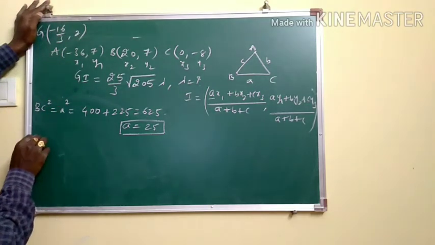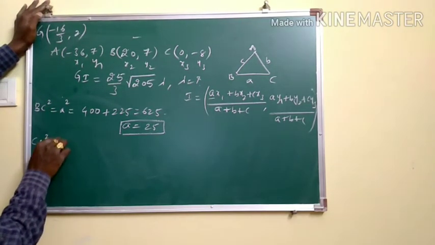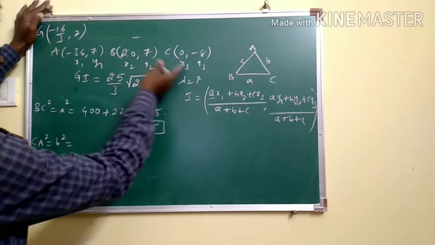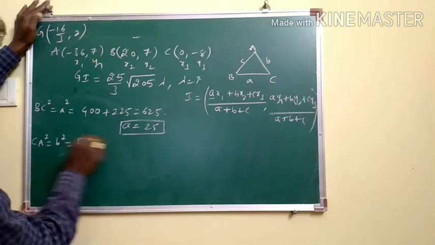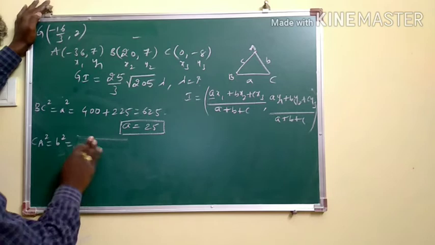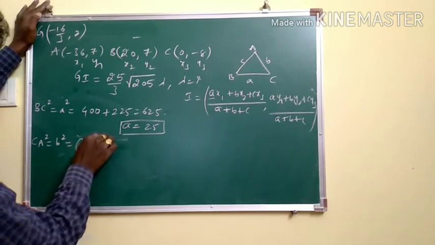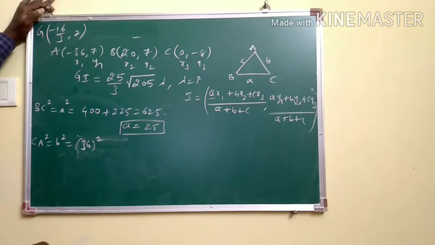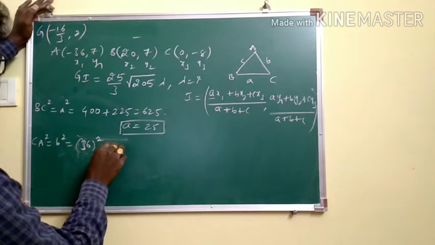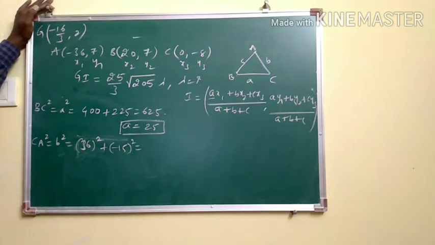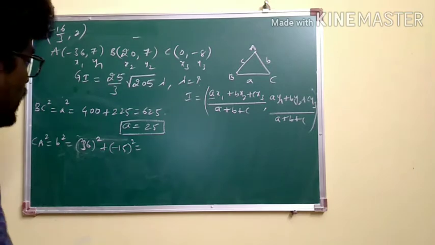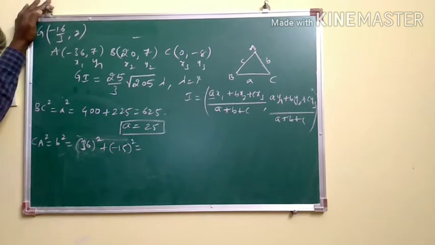And coming to CA square, what is CA square? B square is equal to the distance between these two, 0 minus minus 36, 36 whole square. The square root we are not taking, 36 square because we have taken the square already, and minus 8 minus 7 means minus 15 whole square. So you are getting 36 square, 6 6s are 36, meaning the square is going to end with 6, 30 into 30, 900.